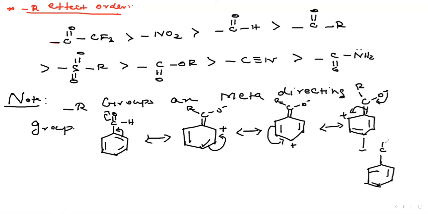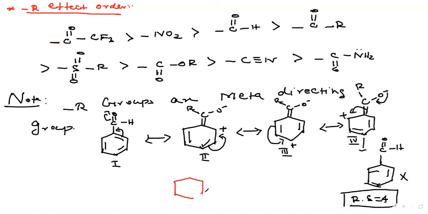Then now, what is the result of this structure? This is 1. This is 2. This is 3. This is 4. Again, how many resonance structures? I get only 4, not 5. This is not a resonance structure, okay? It's equal to 4. Now, what is the final conclusion? I take benzoate. Now see the resonance structure, okay? Now see the resonance structure. This is a benzoate.